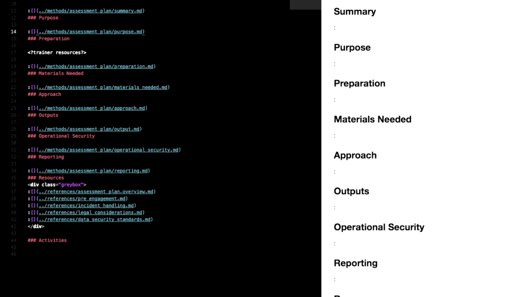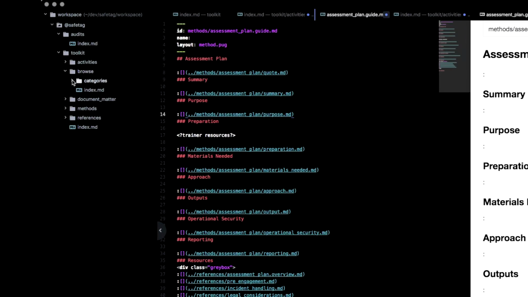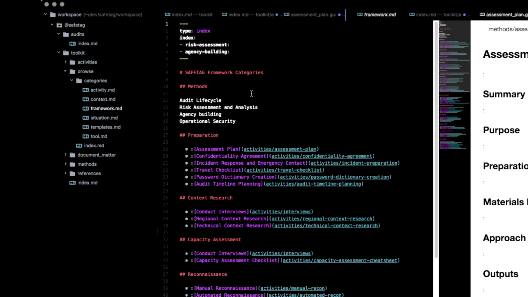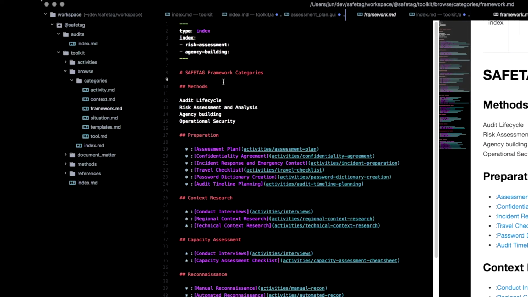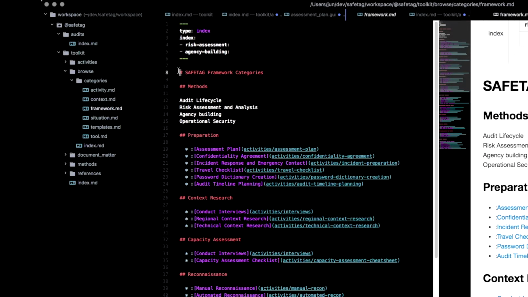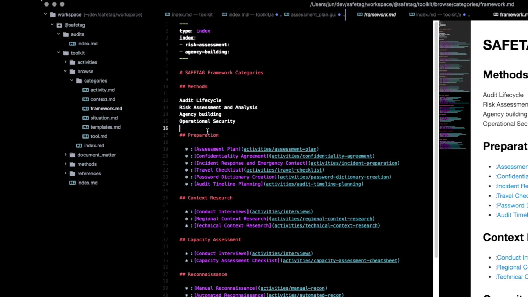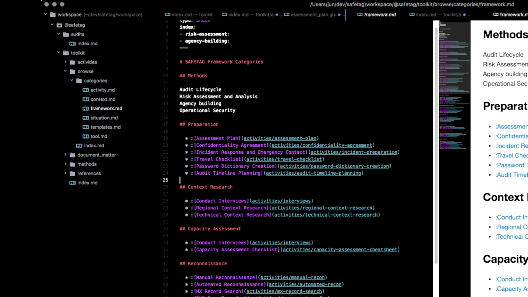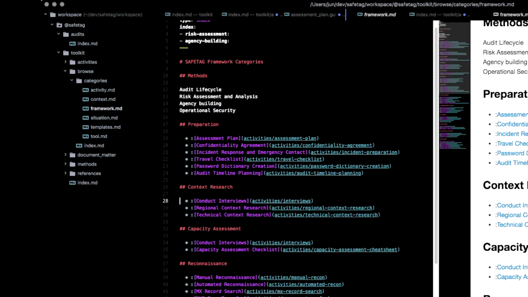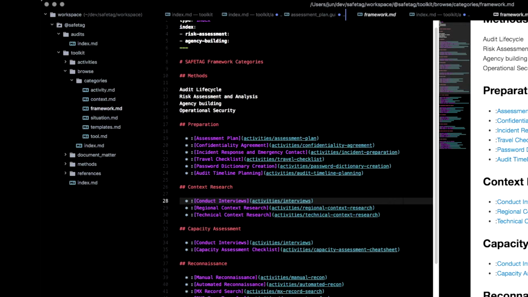That's actually happening in the browse folder and categories. See that there's a framework.md file, and that's a file with a special syntax. It actually matters the header level that you're using, and that will be parsed by the toolkit to generate the taxonomy. So if, let's say, I decide to say that conduct interviews would be something that would be done